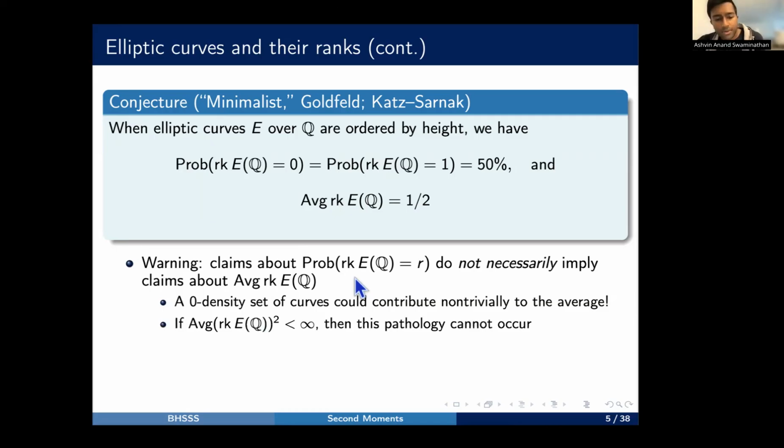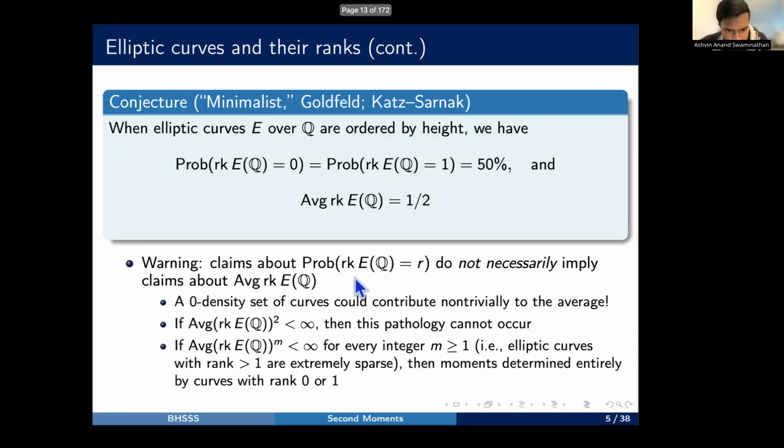Now, if you knew, for example, that the second moment of the rank was finite, then this pathology cannot occur, because if you have a zero density set of curves contributing non-trivially to the average rank, it'll contribute infinitely to the second moment. And more generally, if you knew that the mth moment of the rank was finite for every